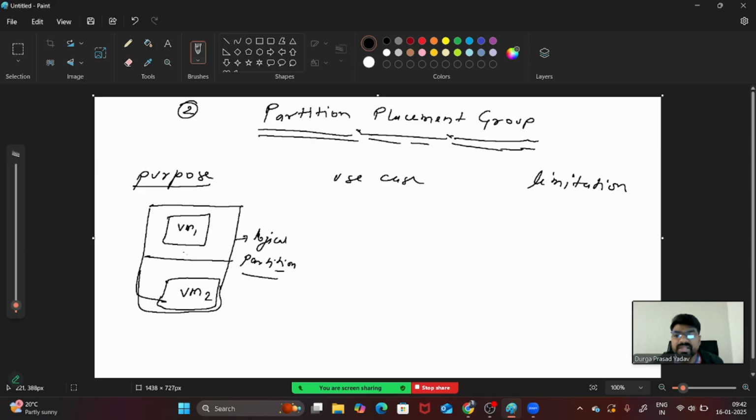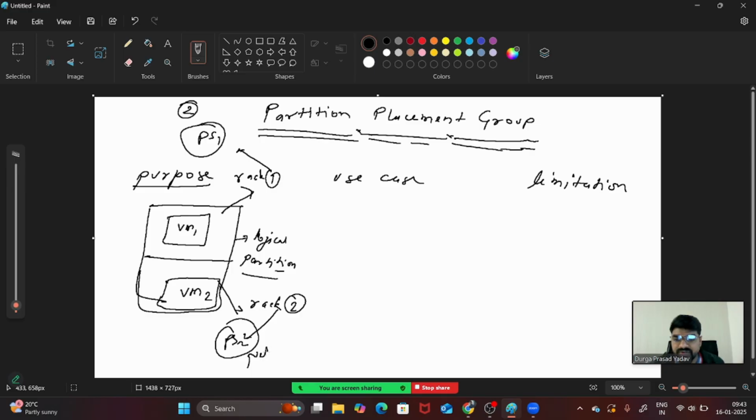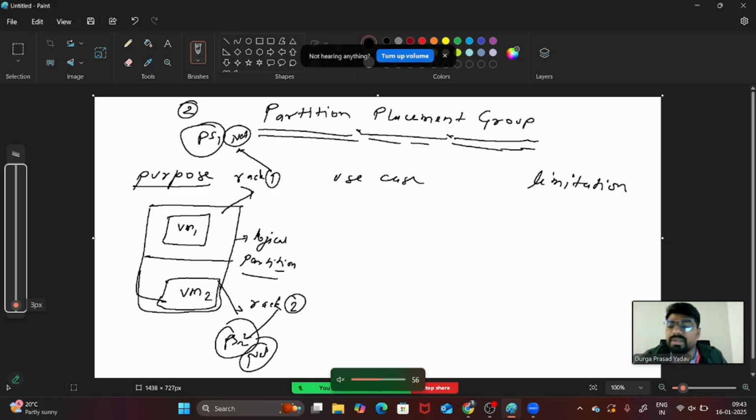The purpose is to run your machines on separate racks. This machine will run on, let's say, rack number 1, and this machine will run on rack number 2. Rack number 1 has a different power supply, rack number 2 has a different power supply, or you can say a different network. So partitioning means you are keeping them on different networks or different power supplies.